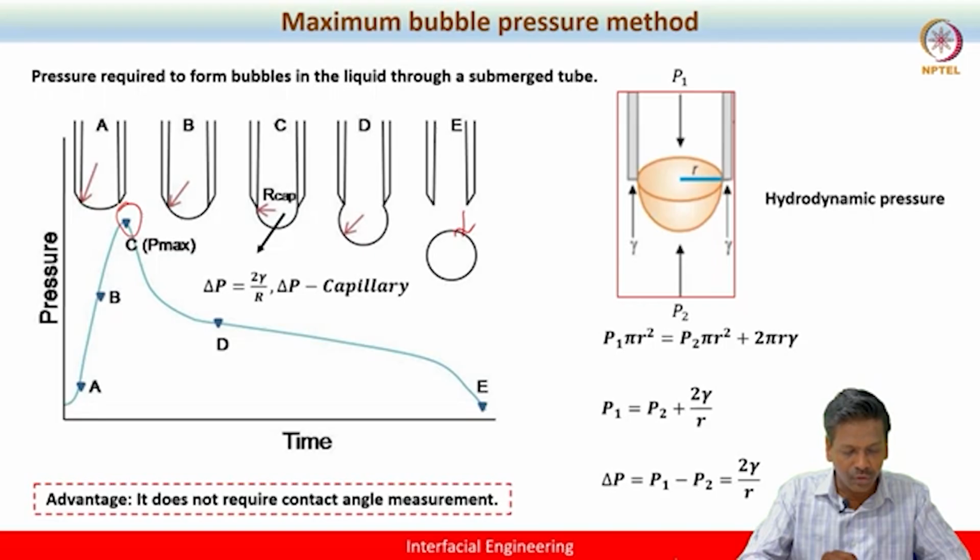It can also be shown that the Laplace pressure of this spherical bubble is nothing but 2 gamma by r, which we'll also see in detail in a following lecture. This is where the equilibrium between the pressure force and the surface tension force exists. After that, beyond this point,